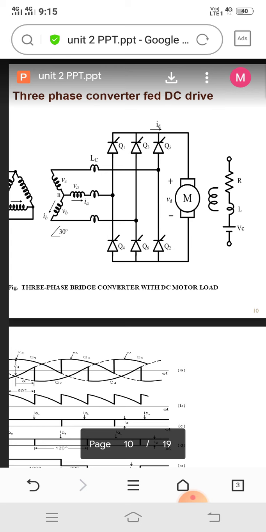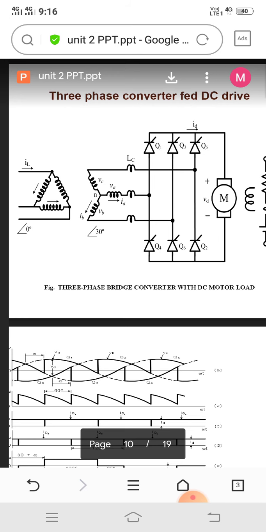So in our concept, each SCR contributes its presence across this block diagram to carry out the AC to DC conversion. These switching sequences are a cycling process. Automatically, the switching sequences move from their on position to off position with the help of gate pulses applied across the gate of that SCR switch. This is the basic mechanism of this three-phase converter for DC motor drive.